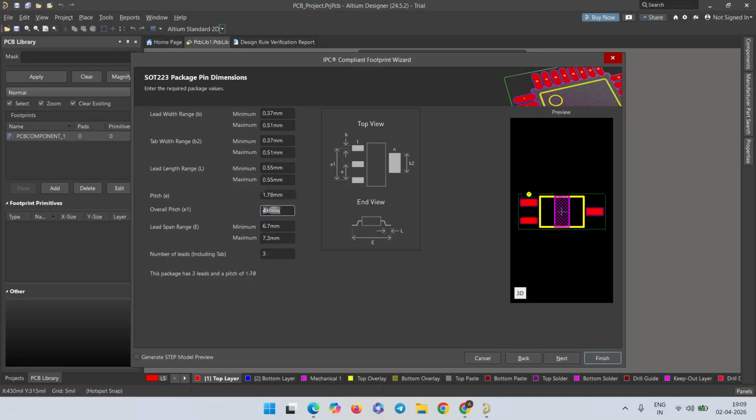Here also you can enter 1.78, because E1 and E are not similar, since we have only 2. Okay, there is no variation. Here also please mention 1.78,